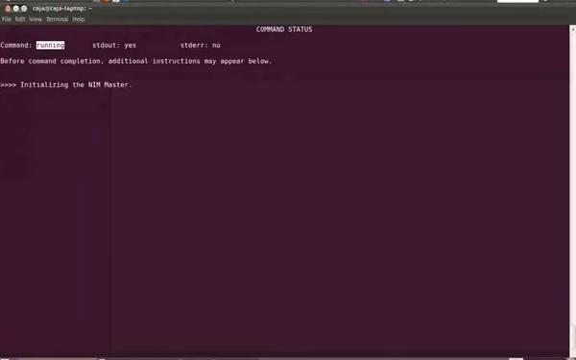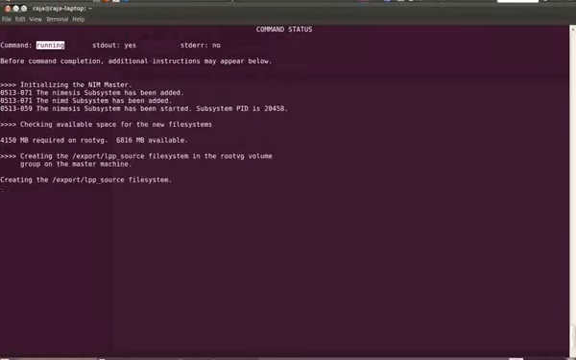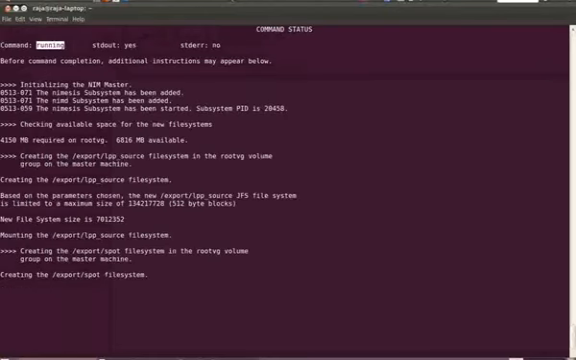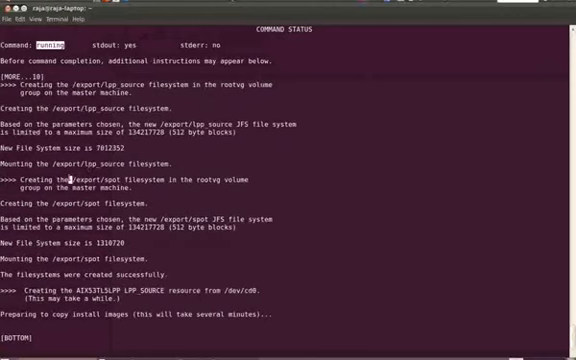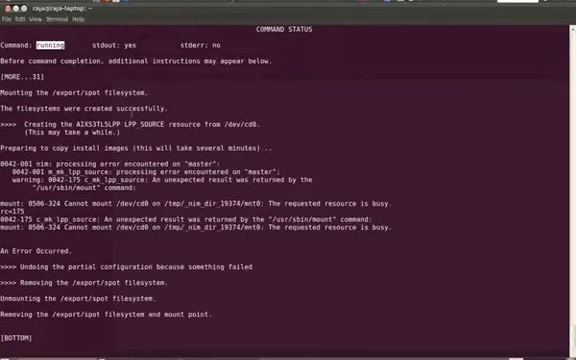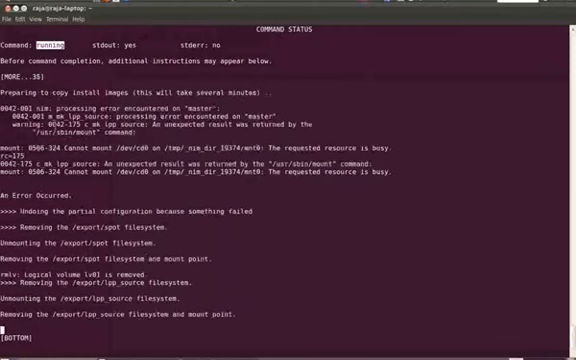Now you can see the Nim master is getting initialized. Basically it will add two subsystems, two daemons to the system, nimd and nimesis, and then the daemons will get started. Then it will check for the available space for the new file systems. If the space is available in the volume group, then it will create the file systems. So first it's creating /export/lpp_source, and the file system is created, and you can even see it is mounted, and now it is